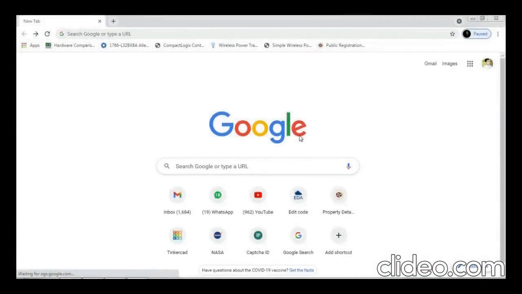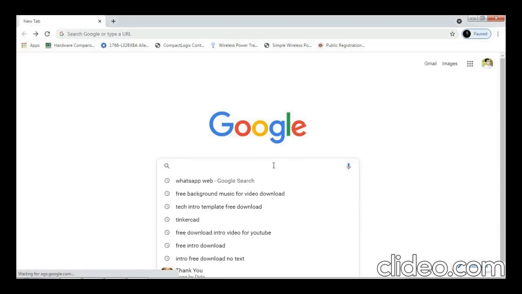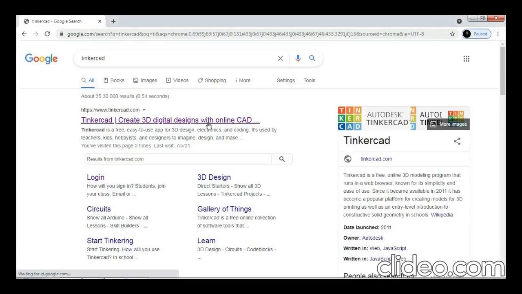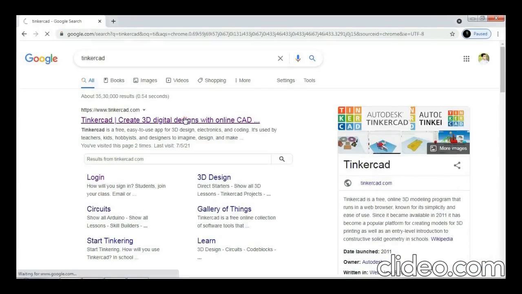Now, we have to develop our system. So we use an online simulator which is Tinkercad. So search on Google Tinkercad. Click on the first link.